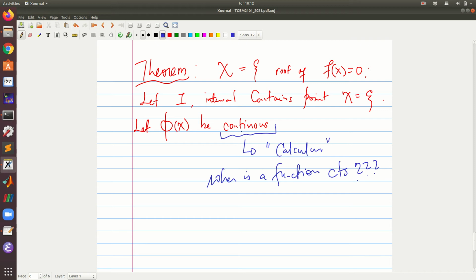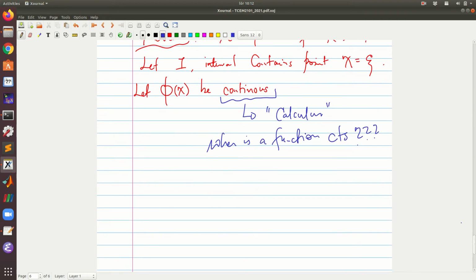I will not go into the details of that. If you have forgotten, please refer back to your calculus and remember what it means for this function to be continuous on a given interval. So let phi of x be continuous in I,